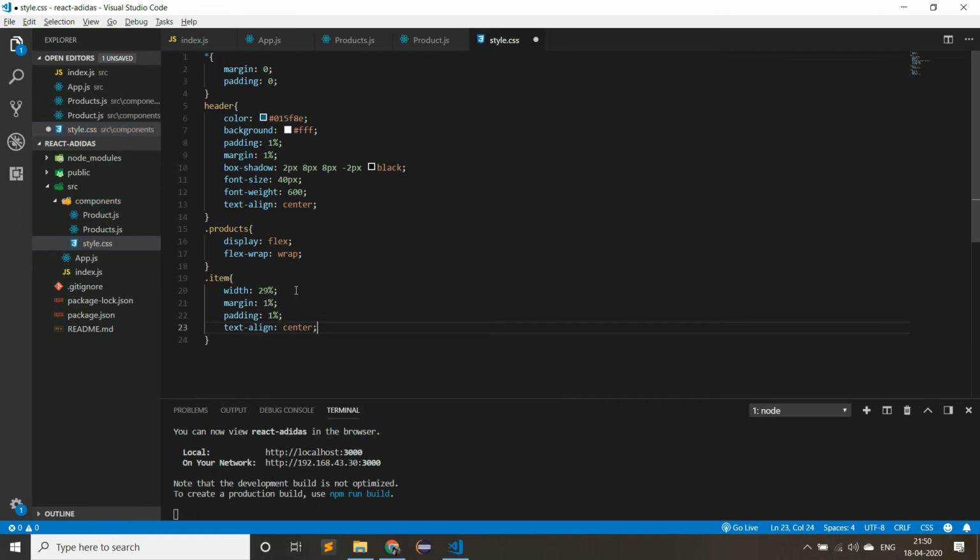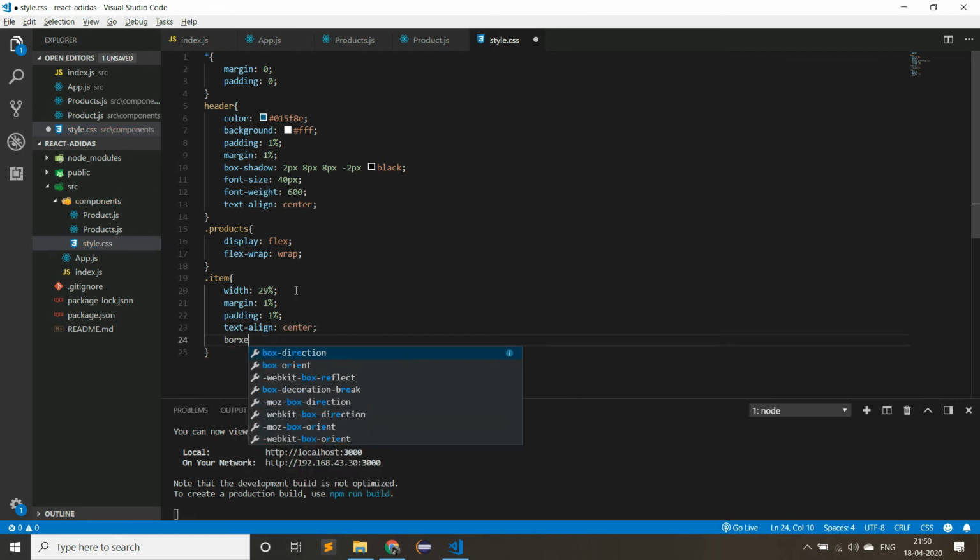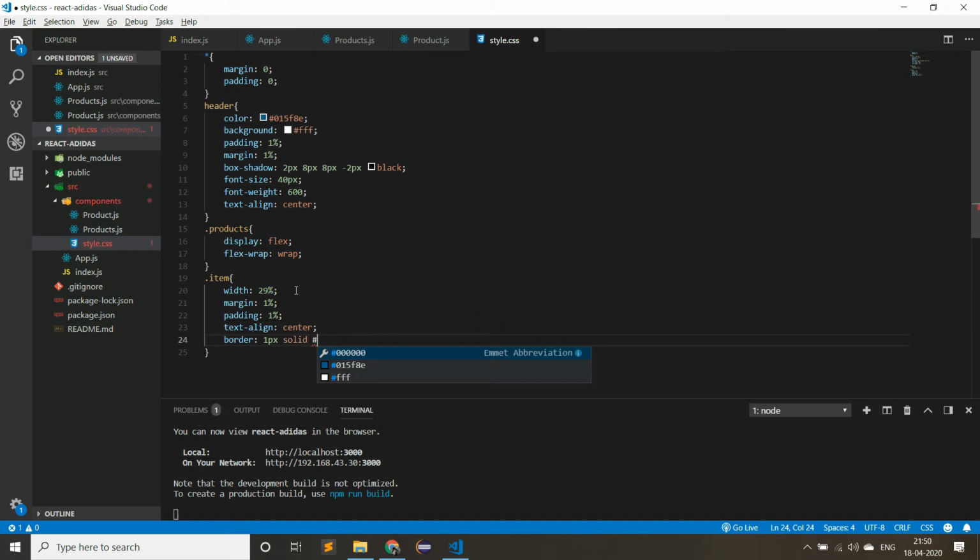Text-align equal to center. Let us add a border, that is 1 pixel solid, and define the color as anything you want, like C6ACF, somewhat whitish color.